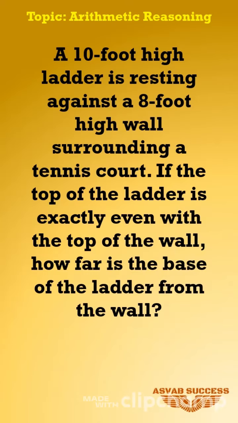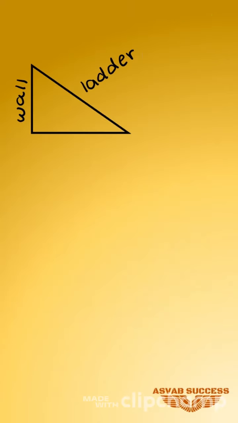So the situation they're presenting to you is going to look more or less like this. You have the wall, you have the ladder, and technically, the corner formed from the wall and the floor should be a 90-degree angle. So what you notice is that you have created a right triangle. Now, this right triangle is going to have a hypotenuse. The hypotenuse is always the longest side, and it's always going to be the side that's facing the 90-degree angle,